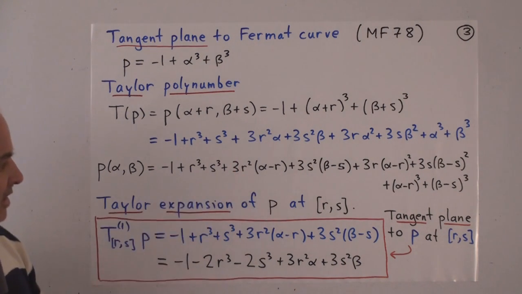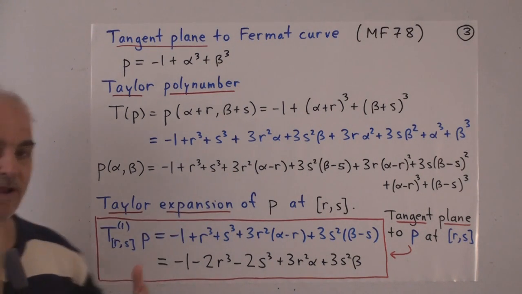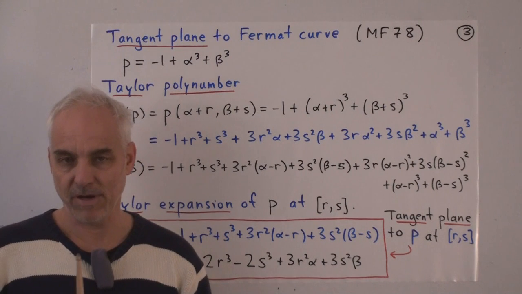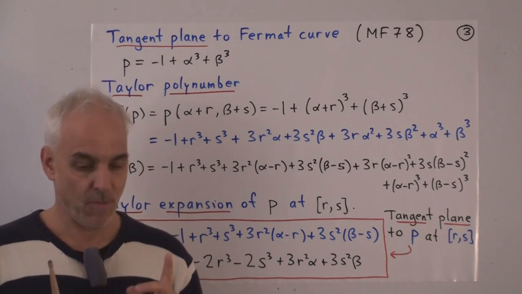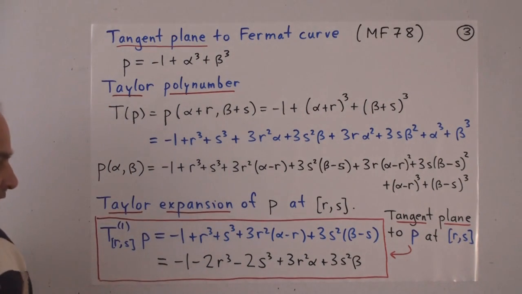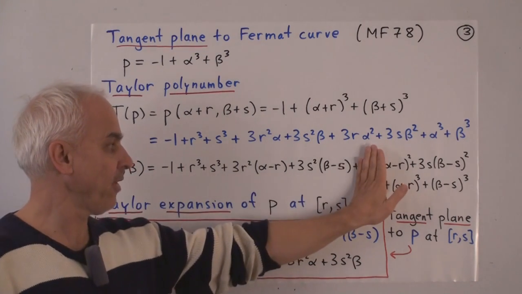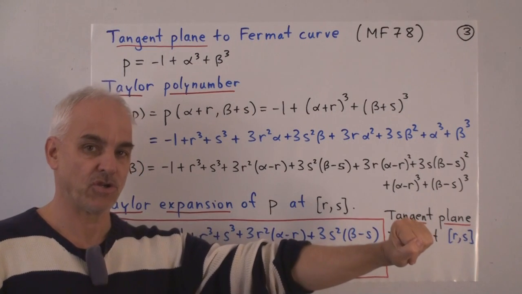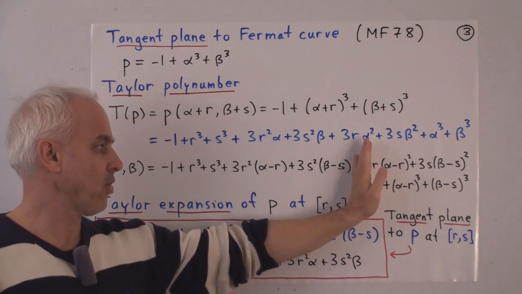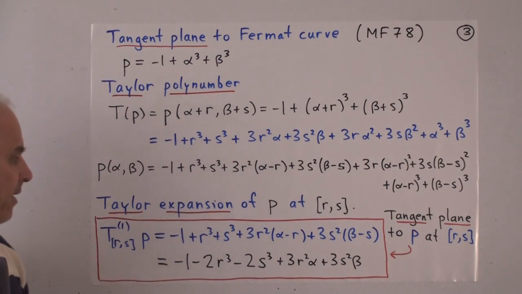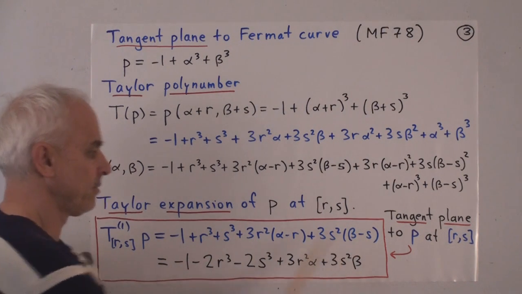Now what we can do with this expression is we can read off the various tangents to this bipoly. And the one that we're interested in is the first tangent. What we get when we just go up to the linear terms and disregard the higher terms. So we're just going up to there and copying that again. There it is right there.